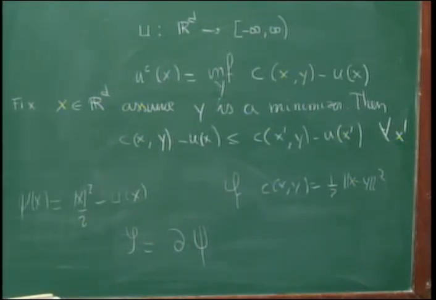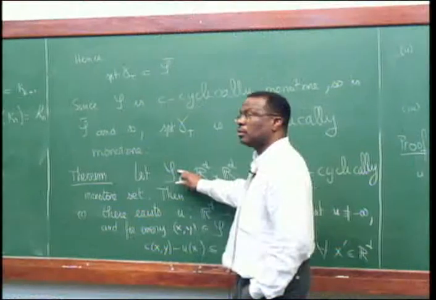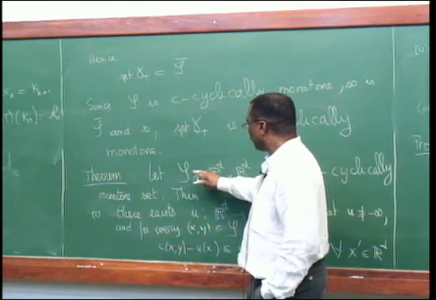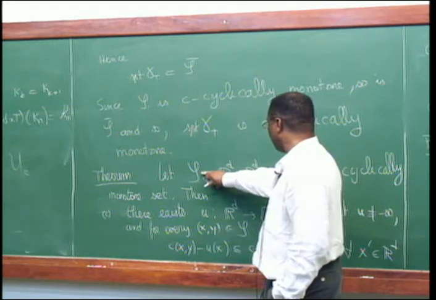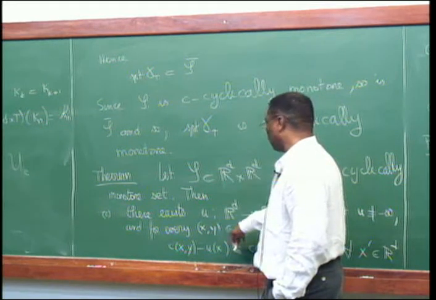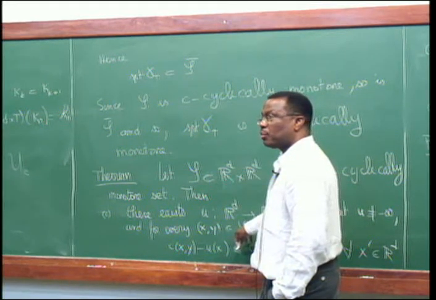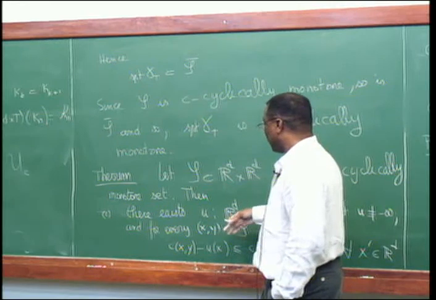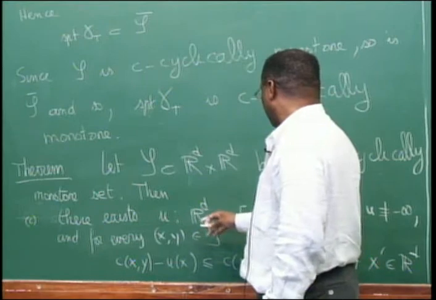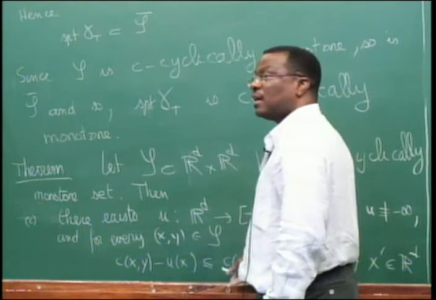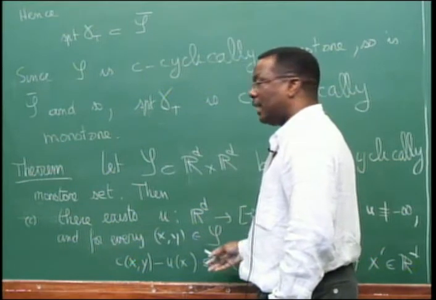Is it in the definition of cyclically? Okay. So here I am stating the theorem. If S is C cyclically monotone, there exists U such that some property holds. But actually, I can also state the property that if there exists U which satisfies this property, then